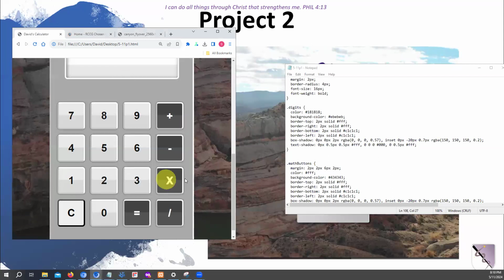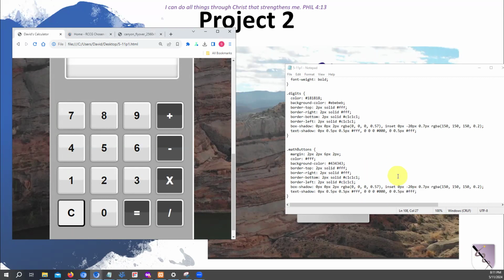Very good. So the buttons are a little bit bigger. And then I think that's everything for the math buttons. And we just have to change the inset now. So we want to create the same inset property for the text of the math buttons, but